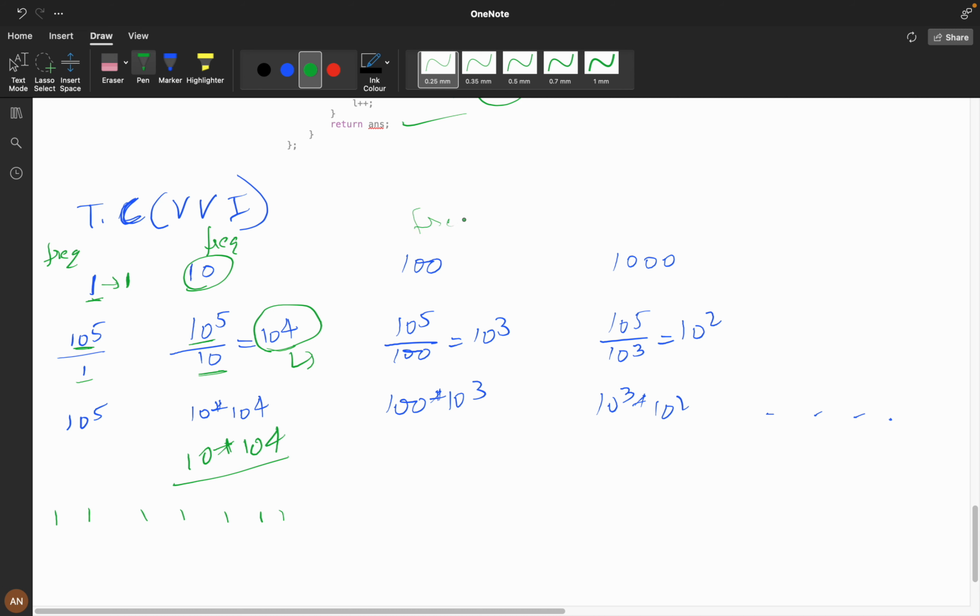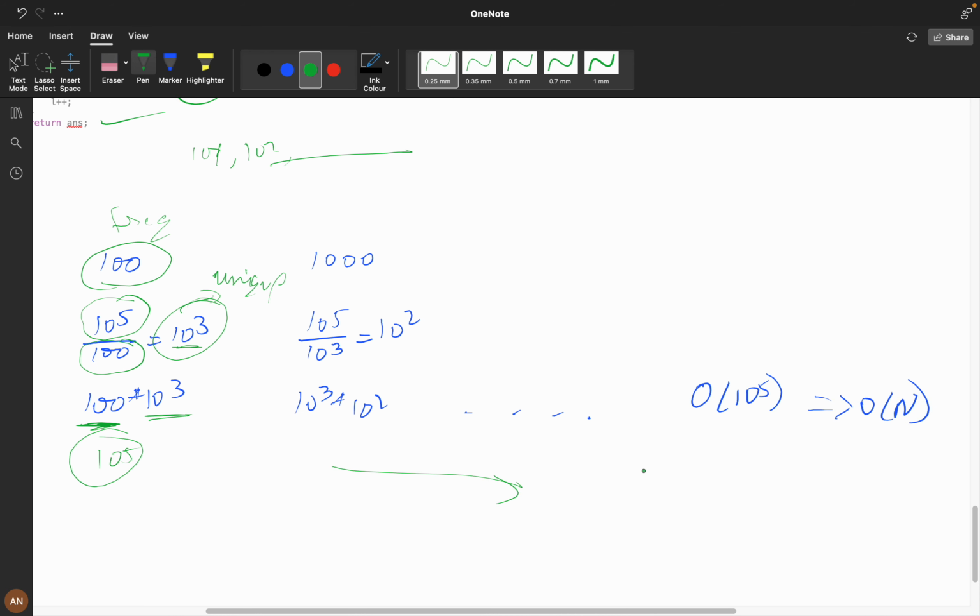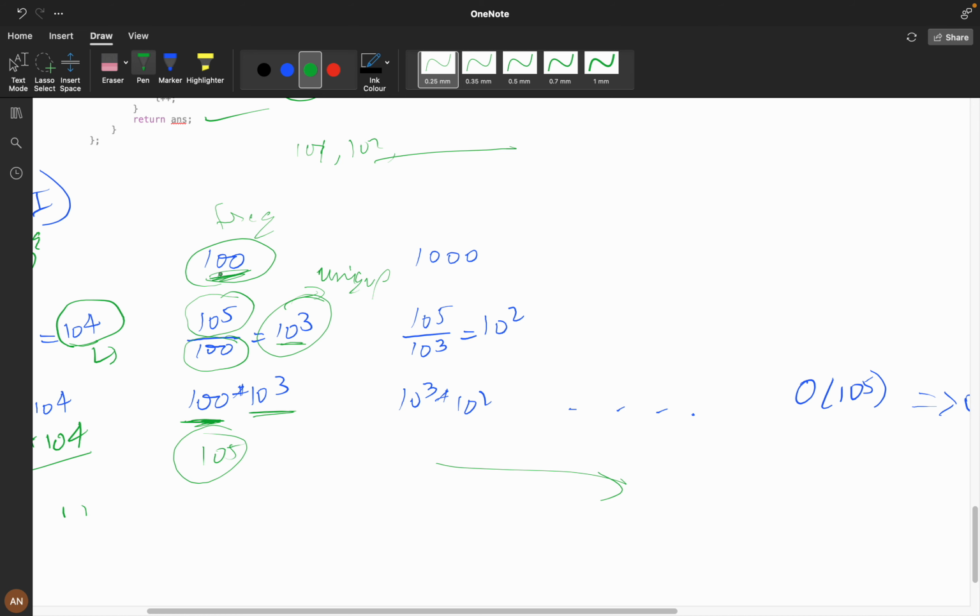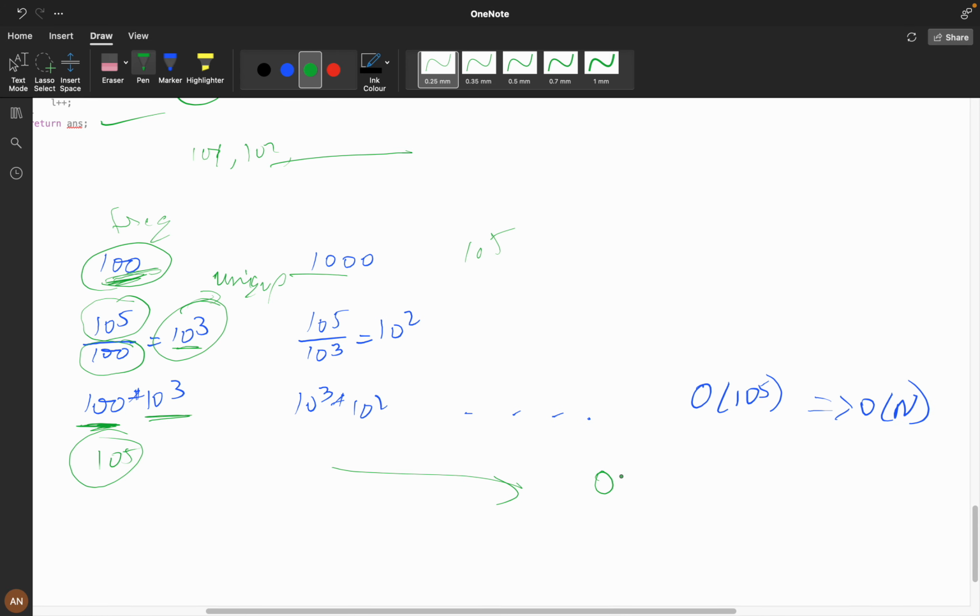Suppose my max frequency is 100 and all the remaining frequencies can be 101, 102, anything. But we can consider maximum frequency as 100 and we have a total number of elements as 10 power 5. 10 power 5 divided by 100 is 10 power 3. We have 10 power 3 unique elements. My map size is 10 power 3 and I am iterating 1 to 100, so it will be 10 power 5. However many elements you get, 10, 100 or 1000, up to 10 power 5, my time complexity would be order of 10 power 5 only.